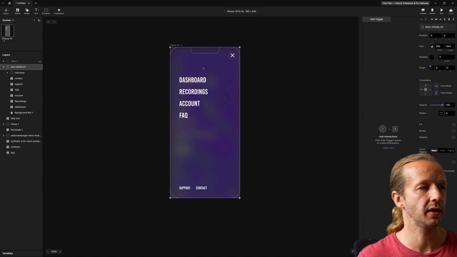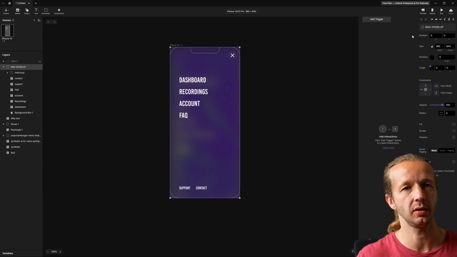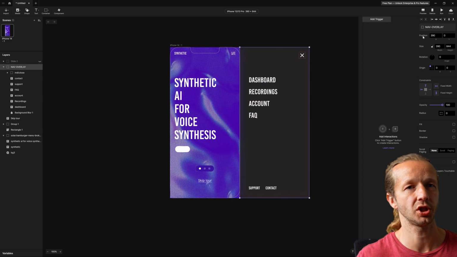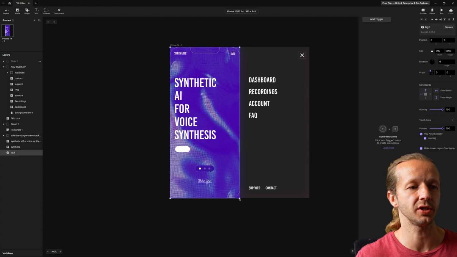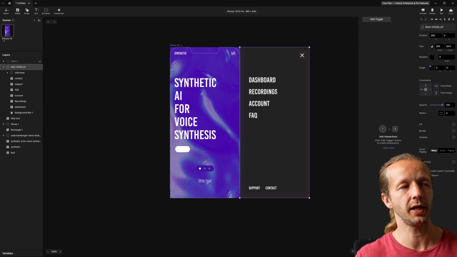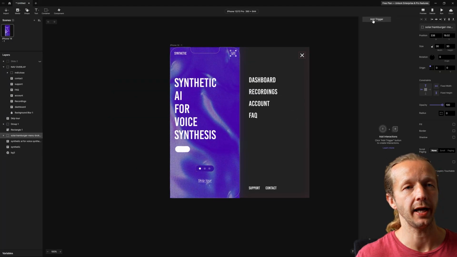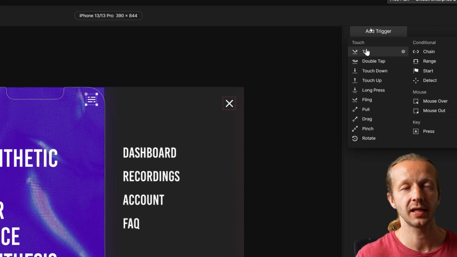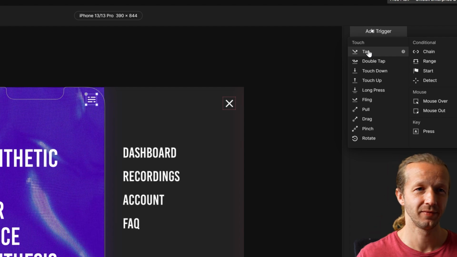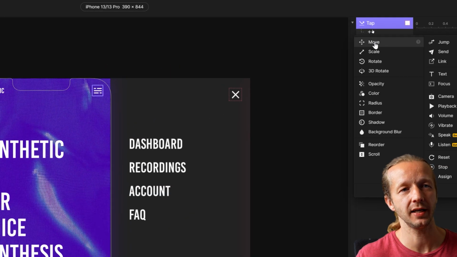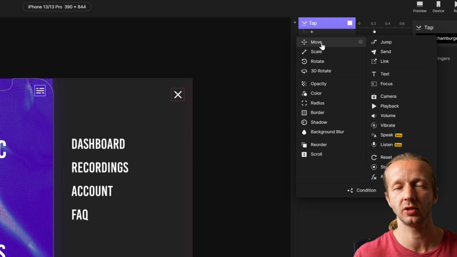So that means we need to take this, and the initial position up here, of course, is 0 on the x-axis. We're going to push this all the way off screen right there, which the position is now 390 because the entire width of this phone is 390 pixels. So now that it's over here, we're going to take this little hamburger menu and we're going to click Add Trigger right up here. The type is going to be a tap because we're going to tappy. And then we are going to add a little plus sign,